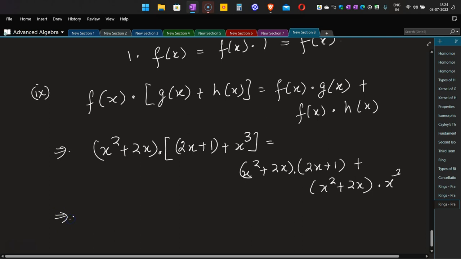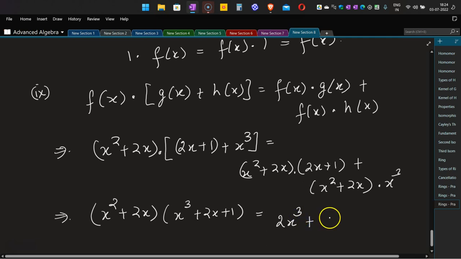Okay, so let's do it. x square plus 2x times x cube plus 2x plus 1 is equal to, now, 2x cube plus x square plus 4x square plus 2x